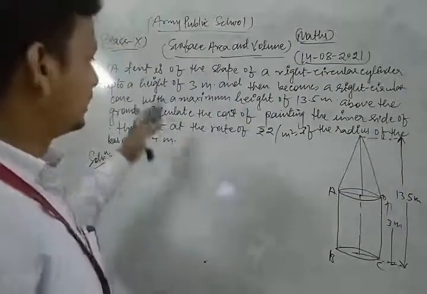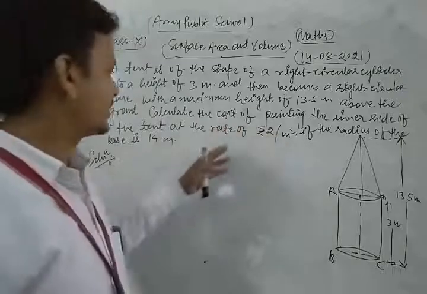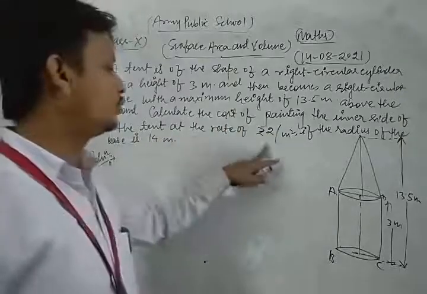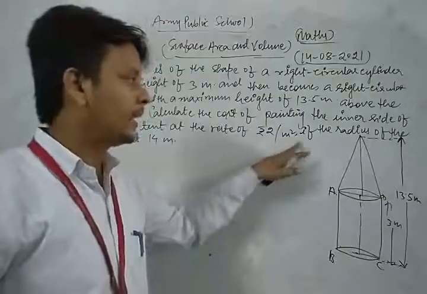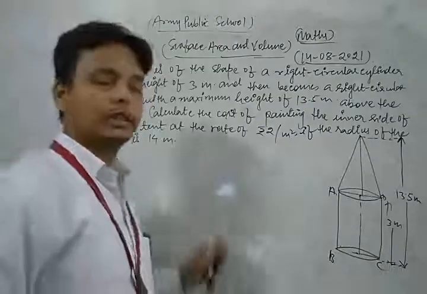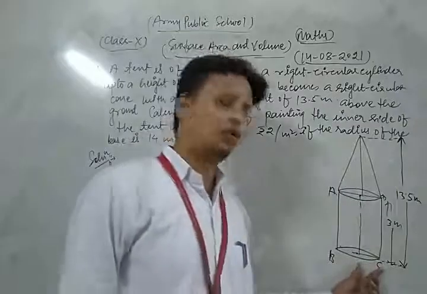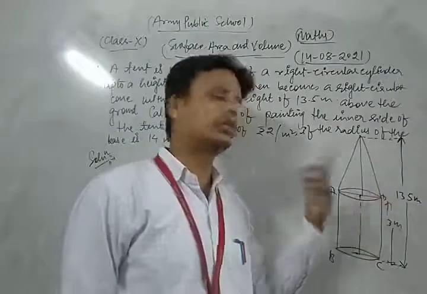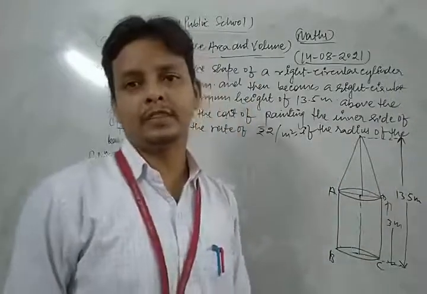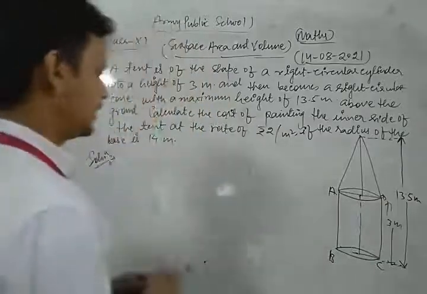Calculate the cost of painting the inner side of the tent at the rate of rupees 2 per square meter, and the radius of the base is 14 meter. According to the figure, the radius of the base of the cylinder as well as the base of the cone remains the same. Okay, now from the figure it is clear that